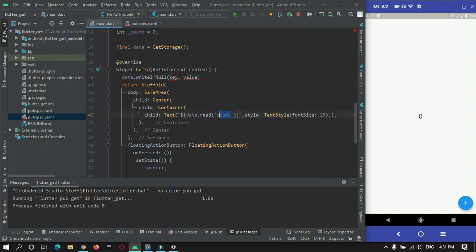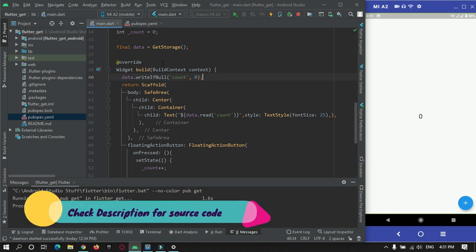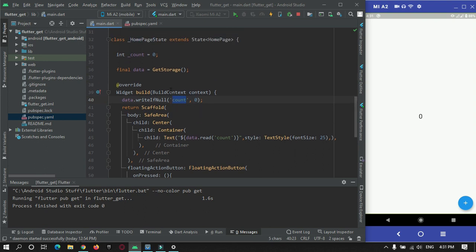If this key is null, then store data to this key. If it is null, then we will store 0 into this key. So it will never be null now.